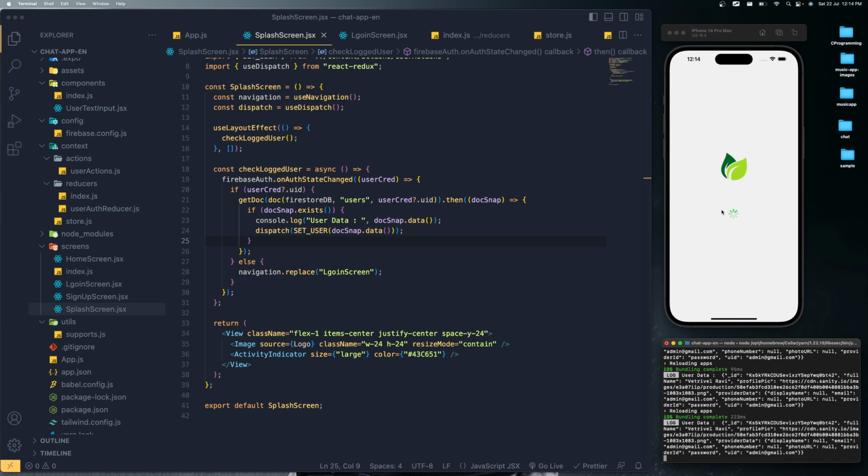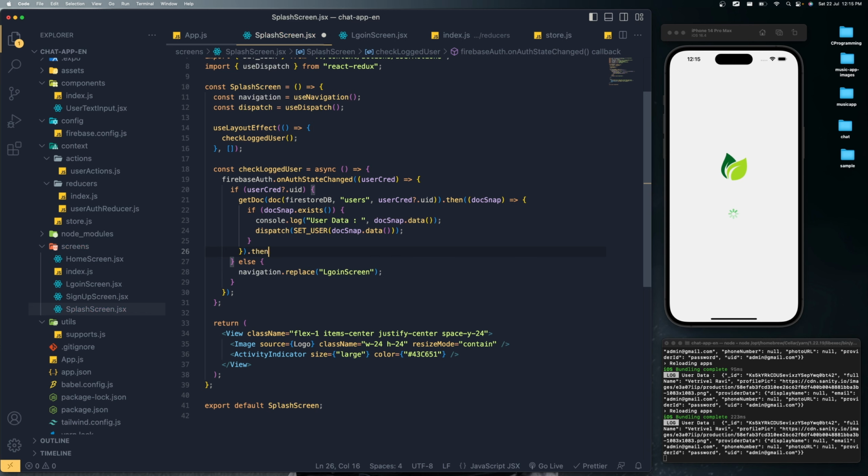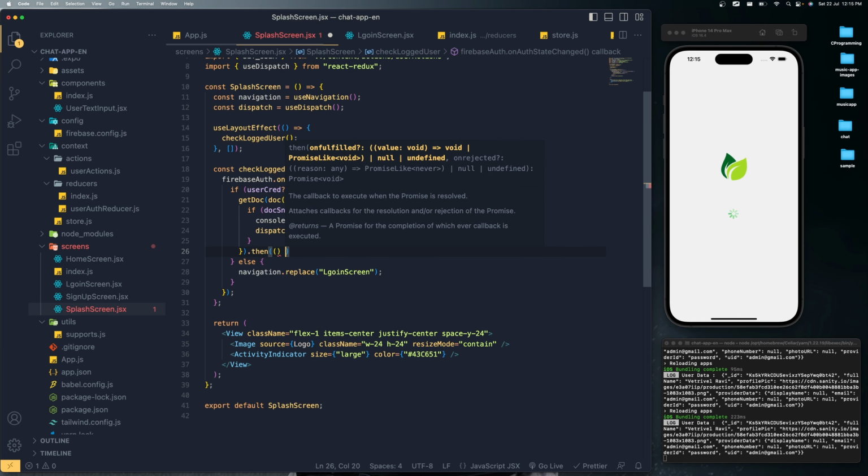Okay, so now it's not navigating. It's because we are not pushing this user anywhere, because we dispatched it and we are not pushing it anywhere. So this is the place where we are getting that .then object. Right after here, if I get the dot property dot catch, in case there is, let's get the .then object one more time,